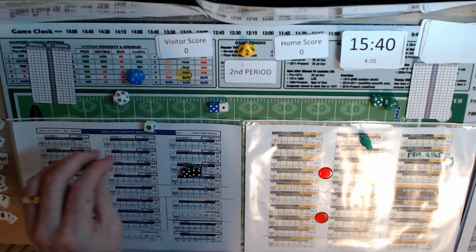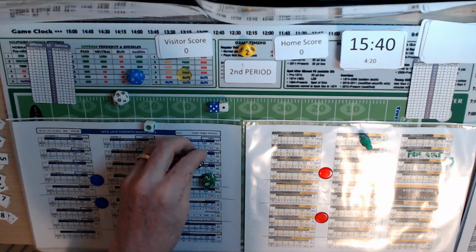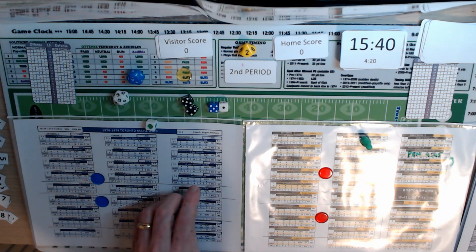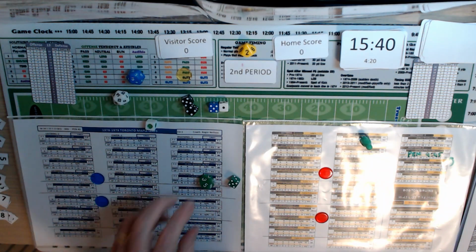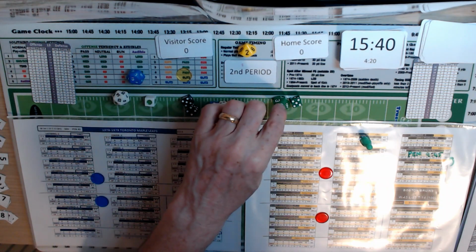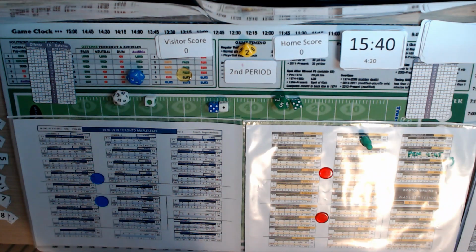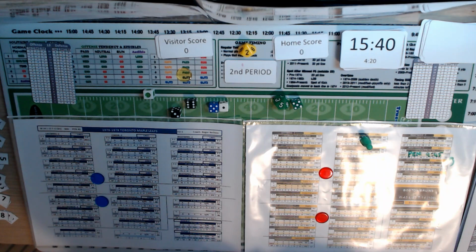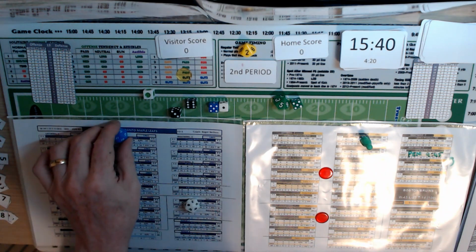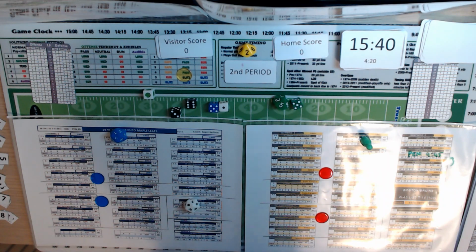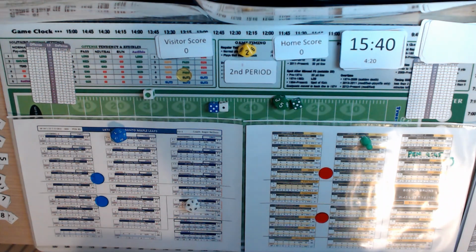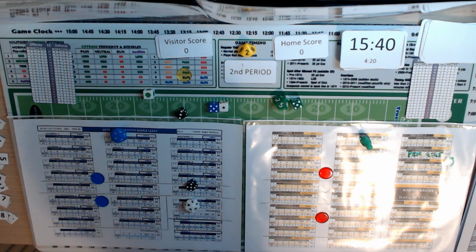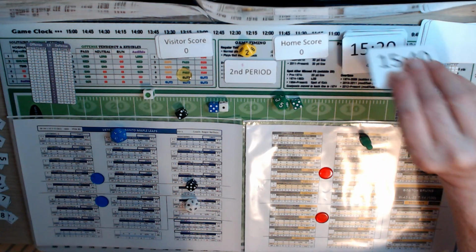Shot on goal C tip. Shot on goal is going to be by the right wing Butler, and the tip is also the right wing, so it's a shot on goal C, because 5 is the right wing. So shot on goal C. Butler is a 2 on a shot on goal C, doesn't get that, and a 6 is an easy save, but he did get the shot, Butler. And an 8 on an easy save is a play on, and that